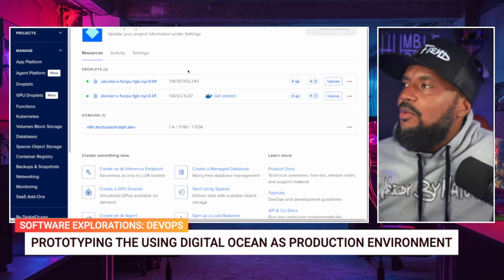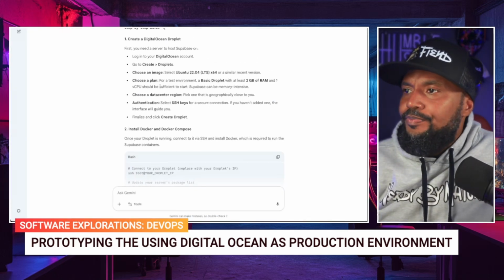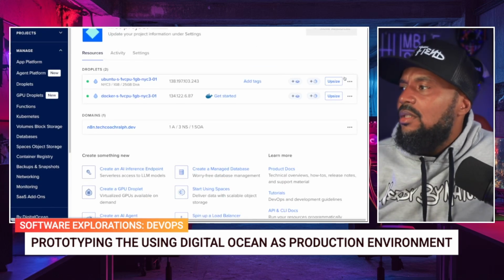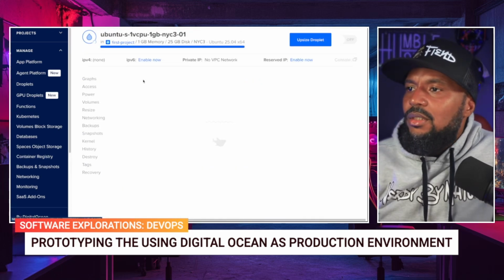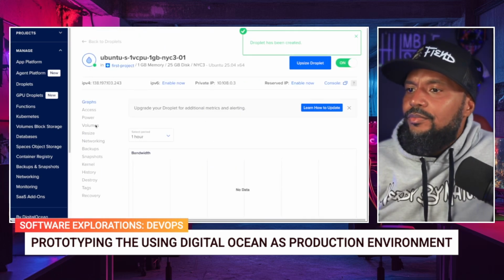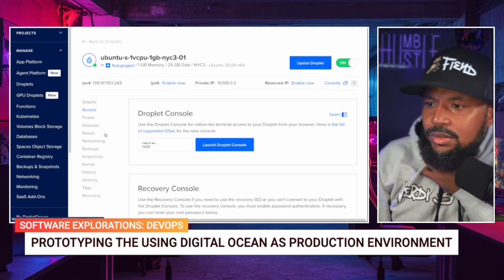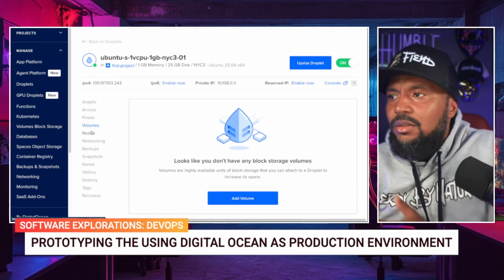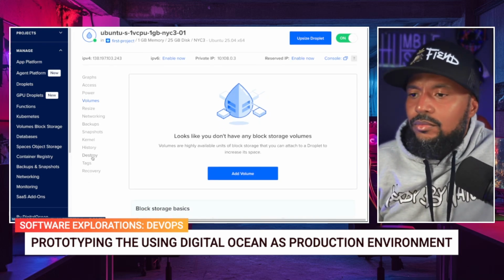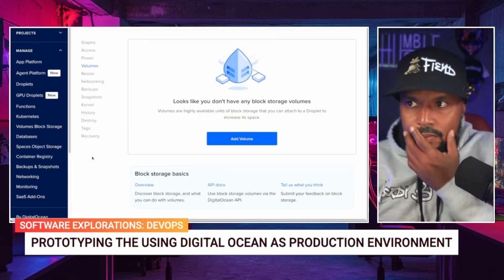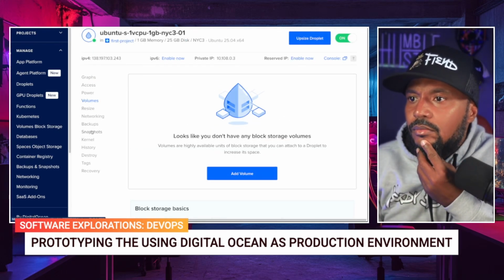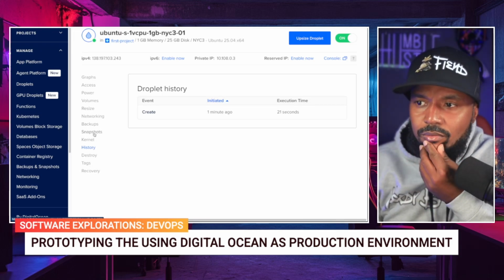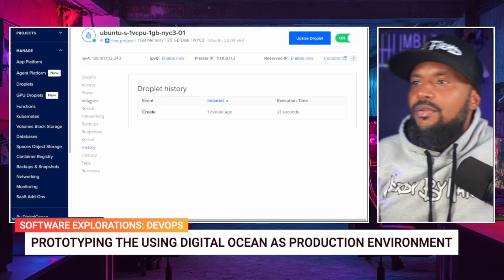All right, next up we have, so we got our droplet created. Choose an image, select Ubuntu 22.04. Did I do that? Let me see. How can I see? Access, power, volumes. Did I choose the right one? I don't even know. History. I don't know if